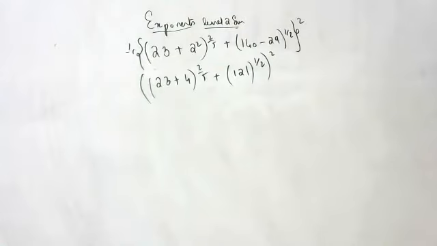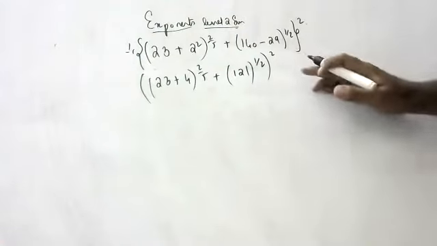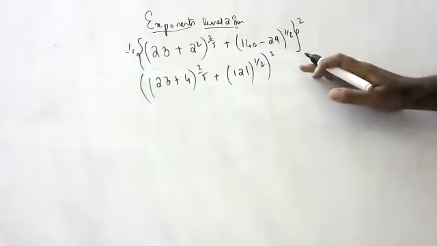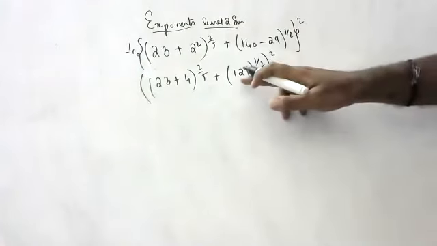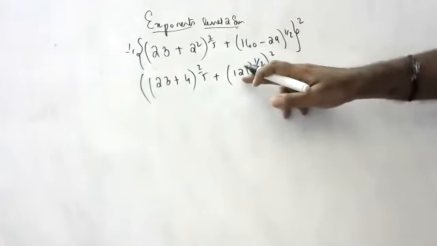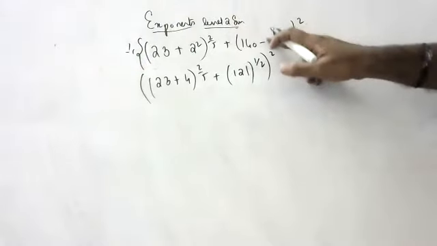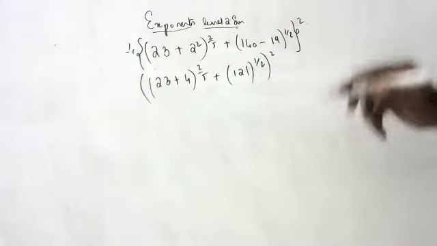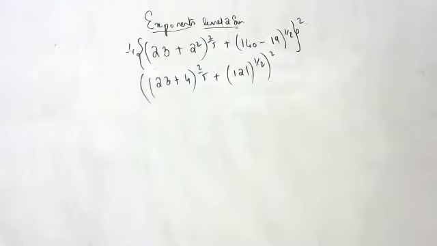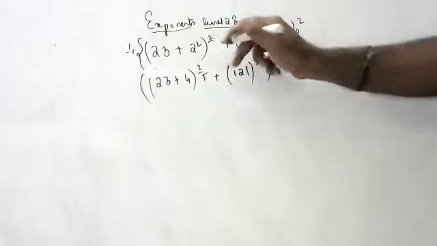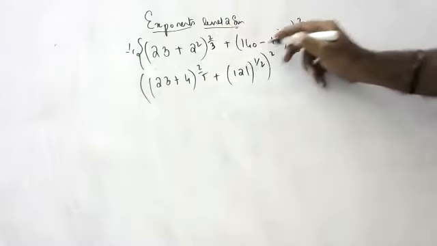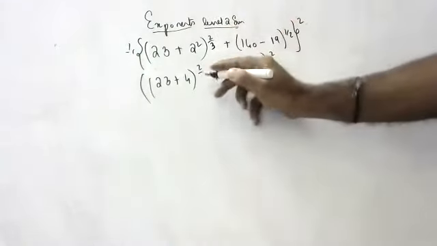Okay, then this should be 19, children. It won't come if not. Okay, no problem. This is 120, then this will change into 19. If not, you can't do the question. That's why. I'm sorry, I gave this wrong, but this is 19 only, children. If not, you will not get the answer.